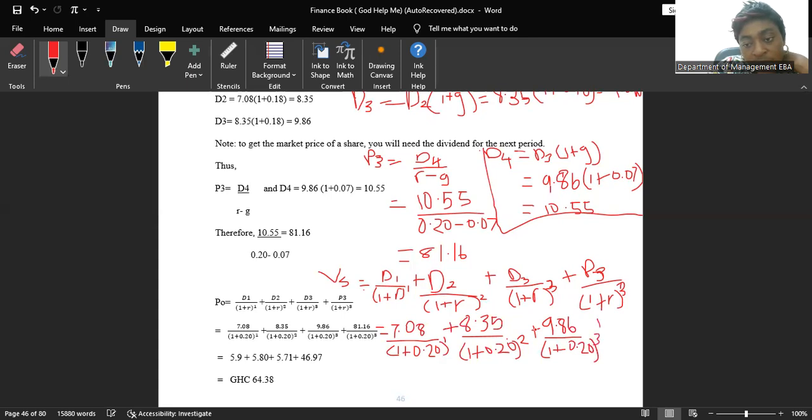Then the next one is the price, which is 81.16